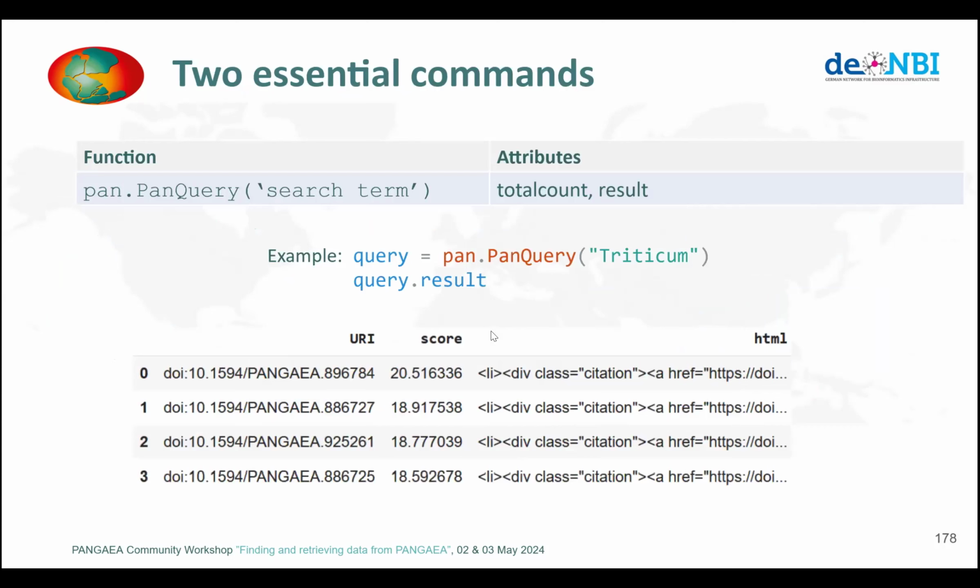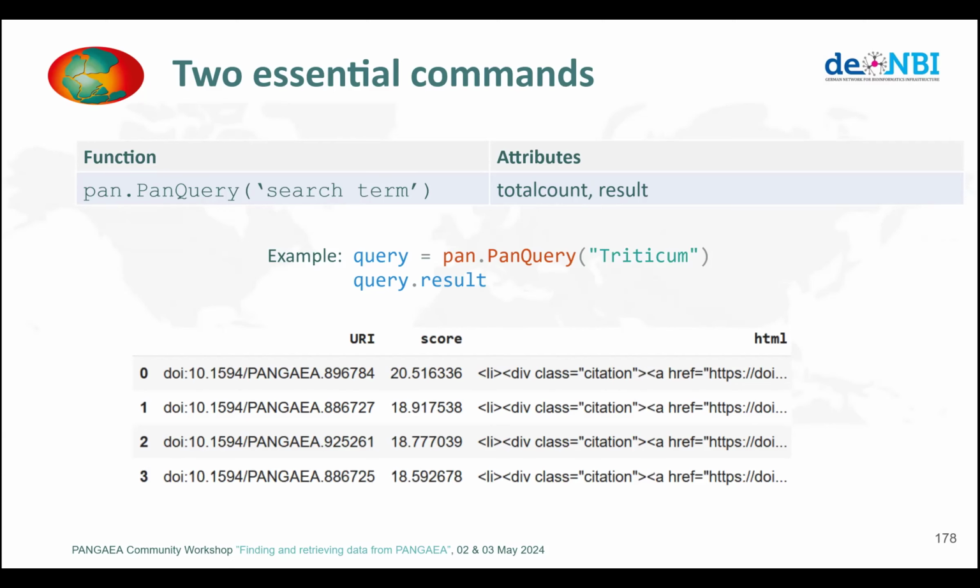And as an analog to pg search and pg data, you will have two basic functions. The one for search is called PanQuery in pangaeapy, and it has the same attributes like total count and the results. You use the search query in a similar way like you do on the website. And then by typing query.result, you will get a data frame with the results in a similar way, and you will see the practical